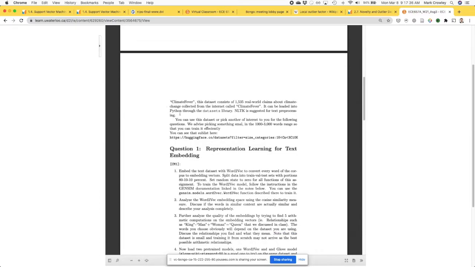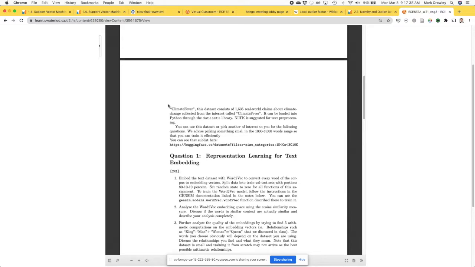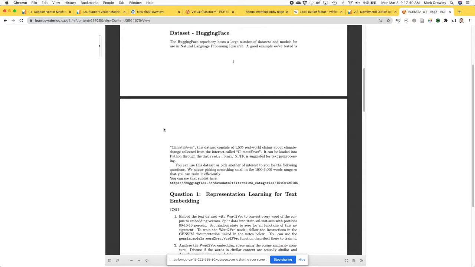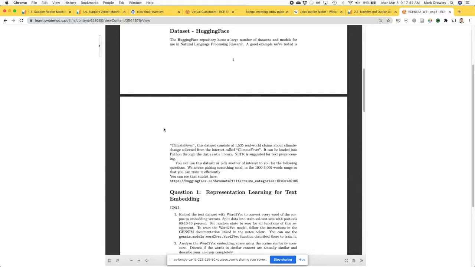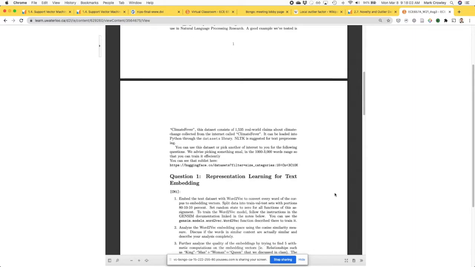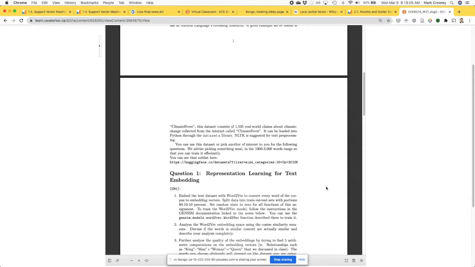because this one was kind of like a climate denying, debunking data set to see how many people actually are spreading misinformation about climate change or not, but they're basically trying to analyze text in articles. And they have some patterns they're trying to learn, right? So you're applying Word2Vec and GloVe on this, and then doing plots and PCA on those, and trying to see if you can find interesting patterns.